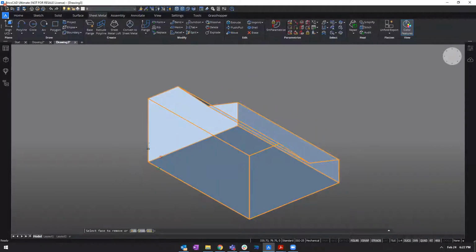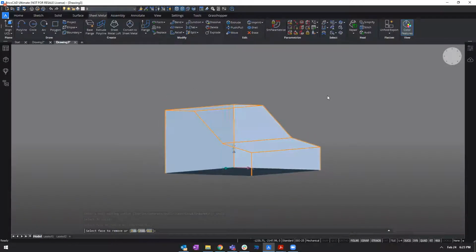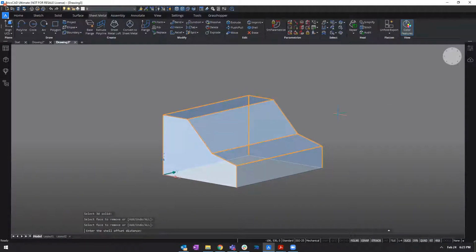Now, before I turn this into a sheet metal object, I will first make some final changes. Namely, I will create a hole in this face here. So I will do that by first creating an offset. So if I use offset on a solid face, it will take the outer boundary of this face, make a polyline out of it, and offset this. So under Draw, Offset,